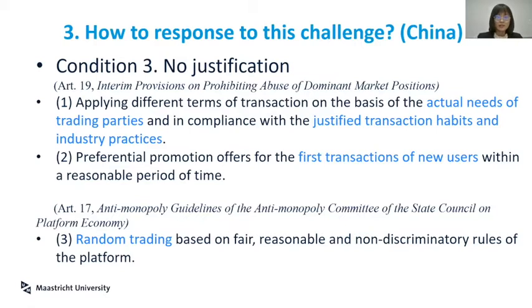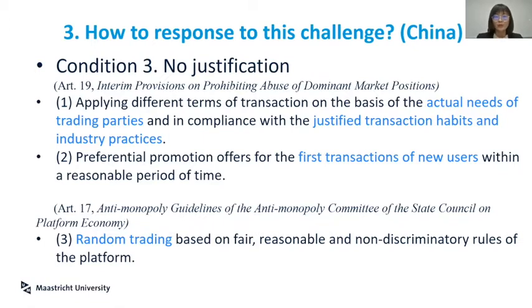The third condition is to say whether there is any justification. If the conduct is based on the need of the trading parties and in compliance with the justified industry practice, or it is a preferential promotion offer for the first transaction of the newcomers within a reasonable period of time. The recent guideline also offers another choice, which is random trading based on fair, reasonable, and non-discriminatory rules